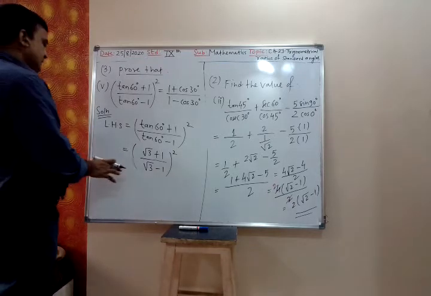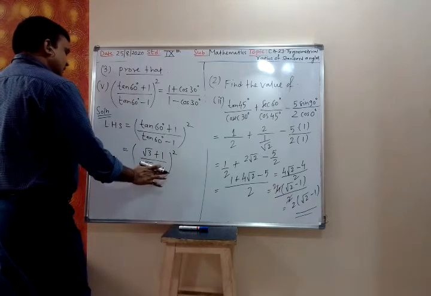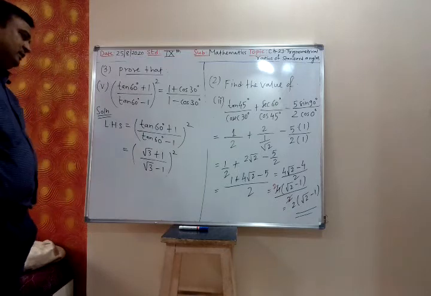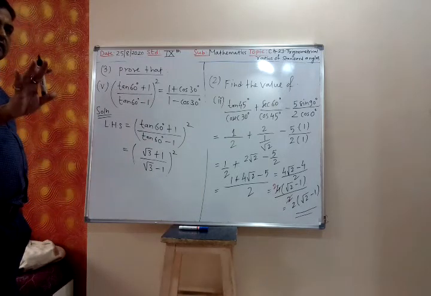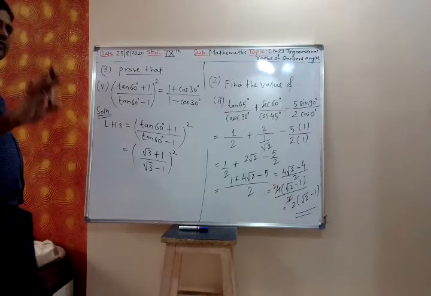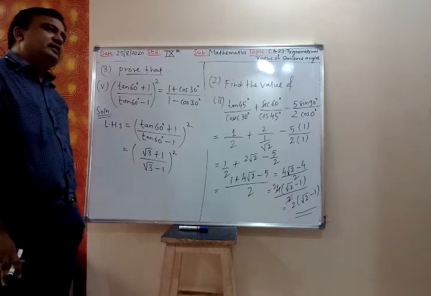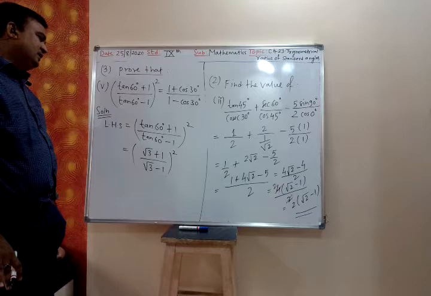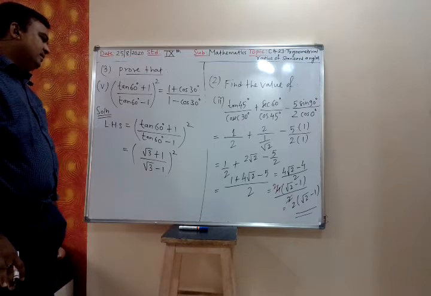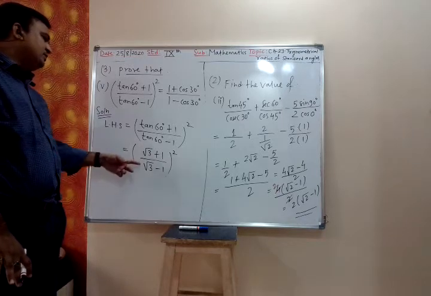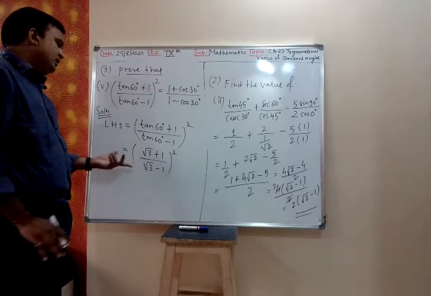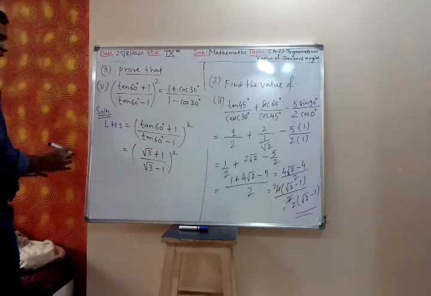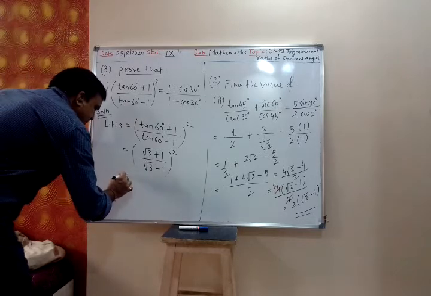Yes. So now see how you will simplify. You have studied in the first chapter rationalizing the denominator. Yes or no? Root 3 plus 1 upon root 3 minus 1. You can evaluate each one of them separately, no problem. It is up to you.